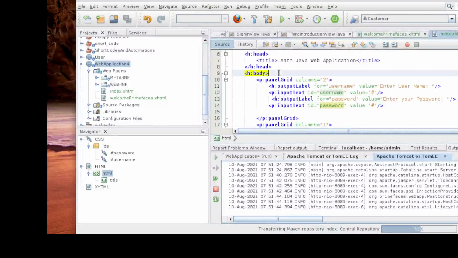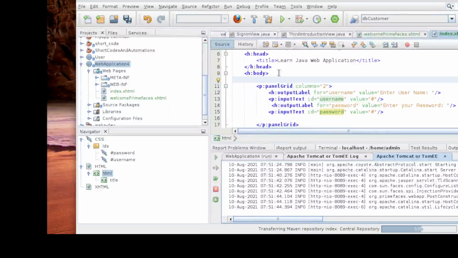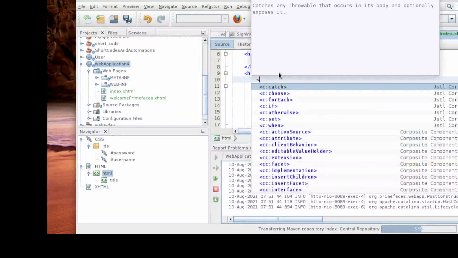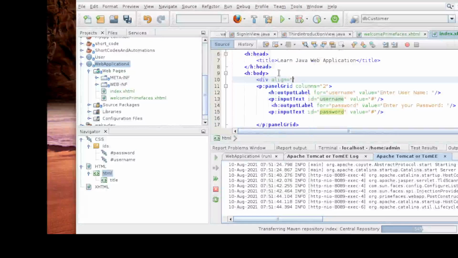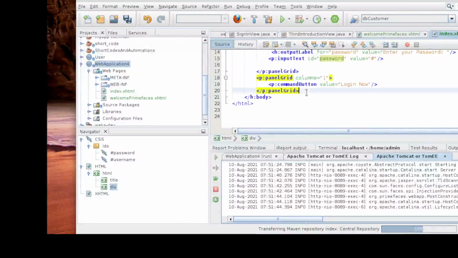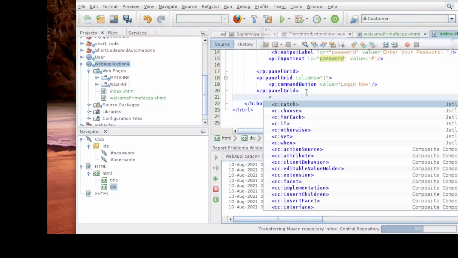So let's just add a title for our page. Let's use a div and place it at the center. Just use align center. Actually, you can try and align everything to center, see whether this is going to work.